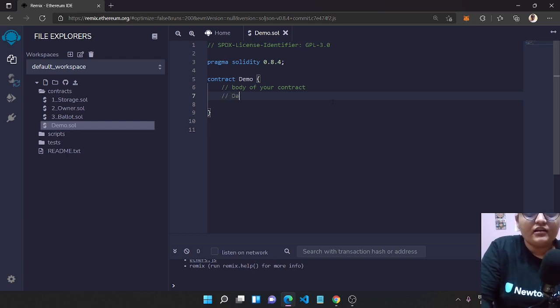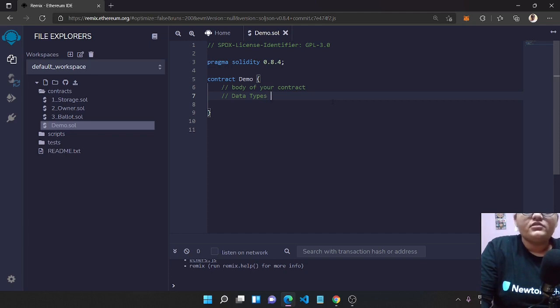So there are a lot of inbuilt data types that we can use, and there are a lot of complex data types that you won't be able to use directly; you have to specify your own data type, or your own whole structure for that particular data.